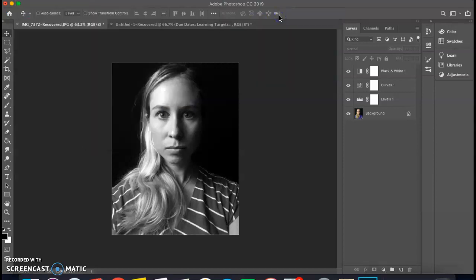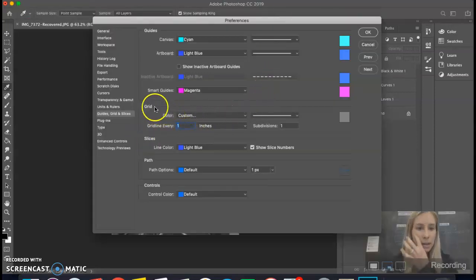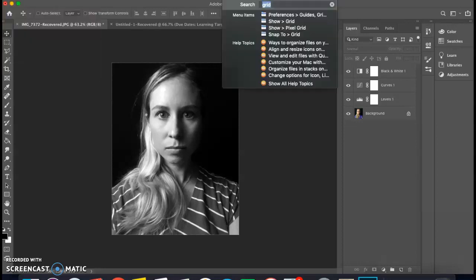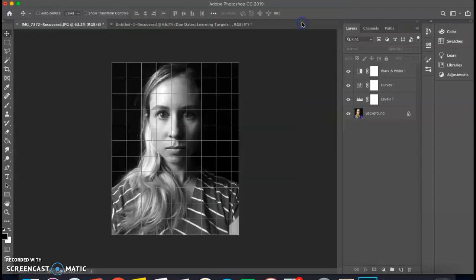So I'm going to click on my preferences, and I'm going to come down to Grid in the middle, and it says grid line every, and then I will set this to every 1 inch. That way, every single inch on here, there will be a grid line. So I'm going to hit OK. And then the second step is to actually add the grid or make the grid show up. So I already changed the setting. I'm going to go to Help, type in grid again, and then click Show Grid, and that's going to